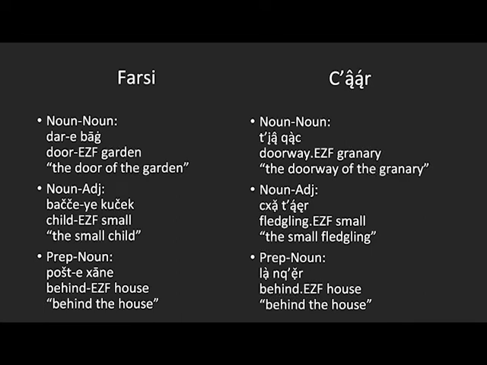Now let's turn to the equivalent in my conlang. As we can see, so-called Ezāfe is used for, among other things, the same three relationships as are most common for Ezāfe in Farsi, a genitival construction of a noun governing a noun, a prepositional phrase of a preposition governing a noun, and an adjective modifying a noun. However, my conlang differs in that it does not mark Ezāfe with a concatenative affix, but instead with a change of tone